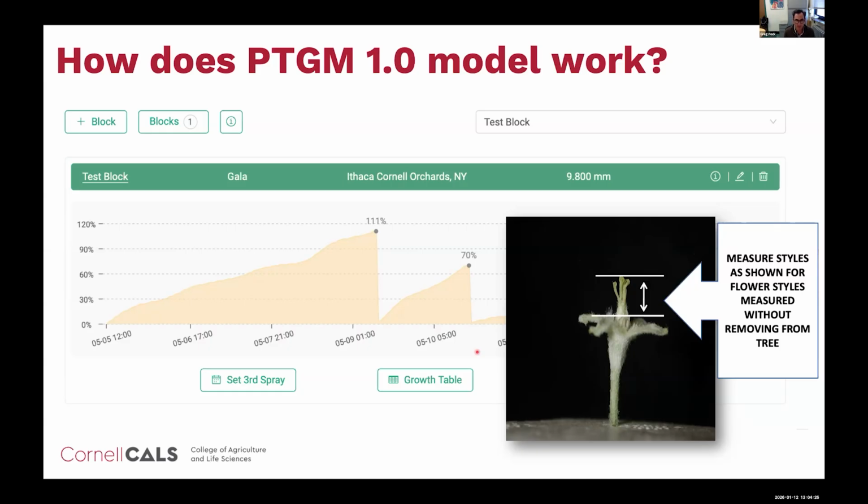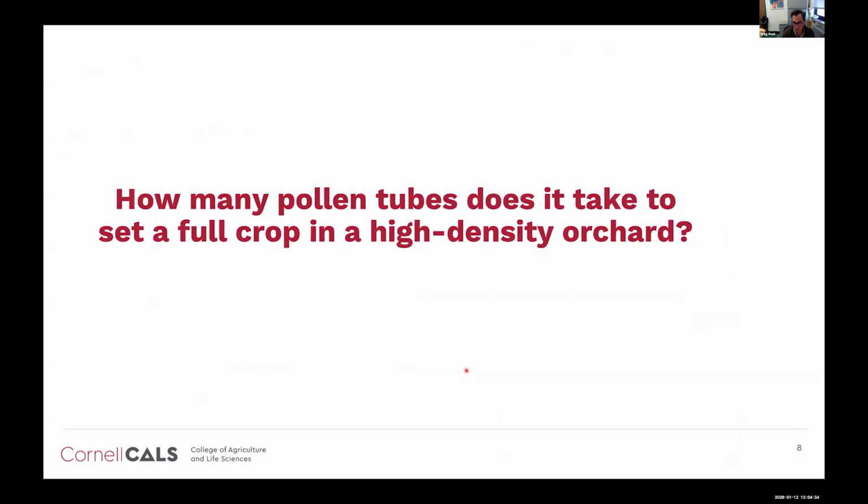It was a little challenging for growers. Measuring the style length is difficult. And again, the limitation on the number of varieties that are available was an issue. So what we've done is,